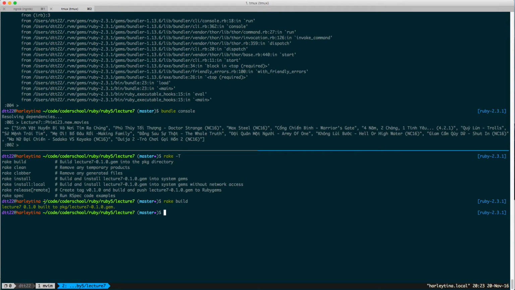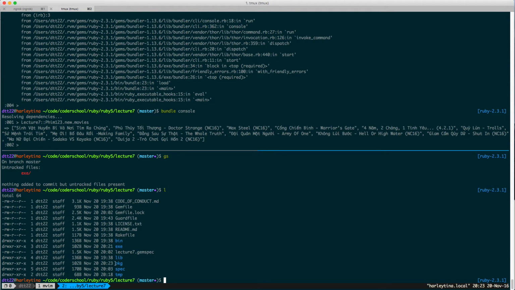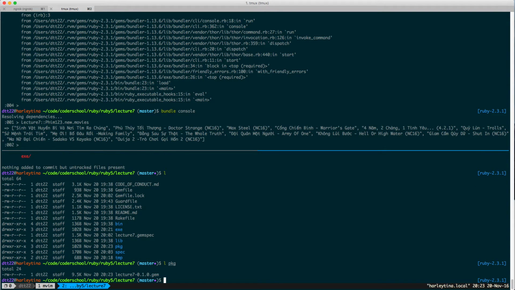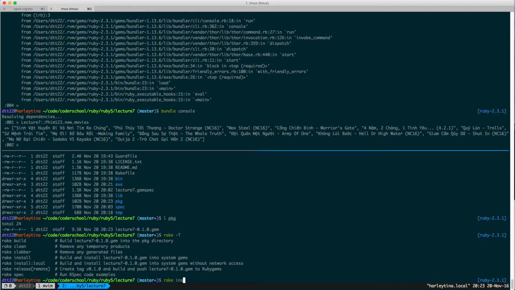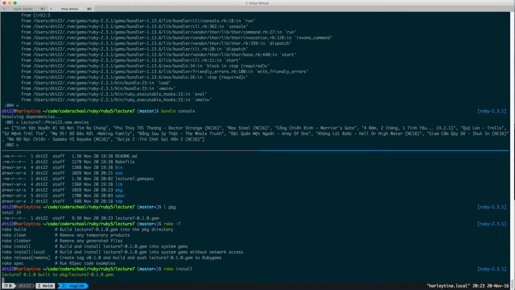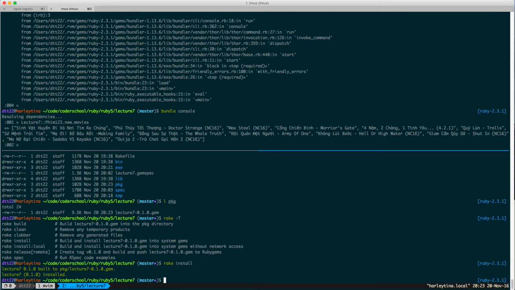So now, check it out. It's actually git ignored, but there's a package folder, and then there's a .gem file in this package folder. This file now you can install to your system. So I just rake build. Now I can say rake install. Okay. So after I install, if I call film123 now,